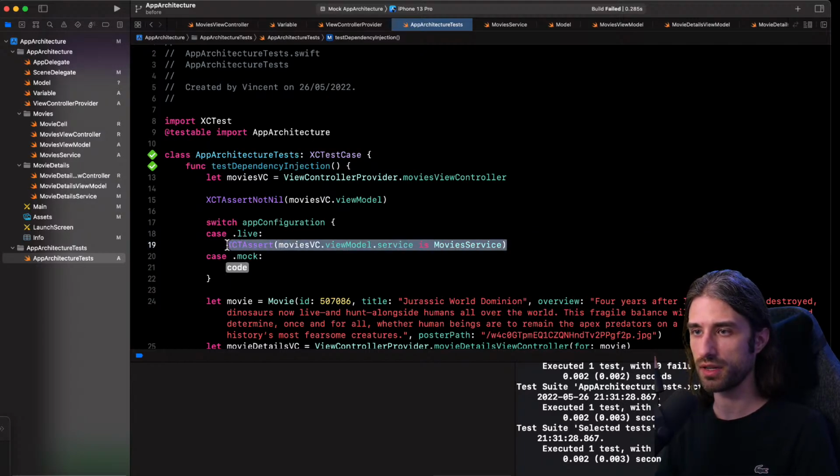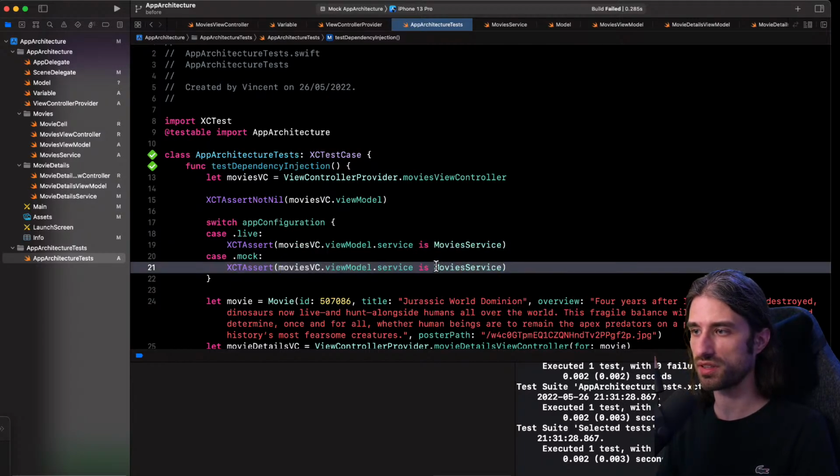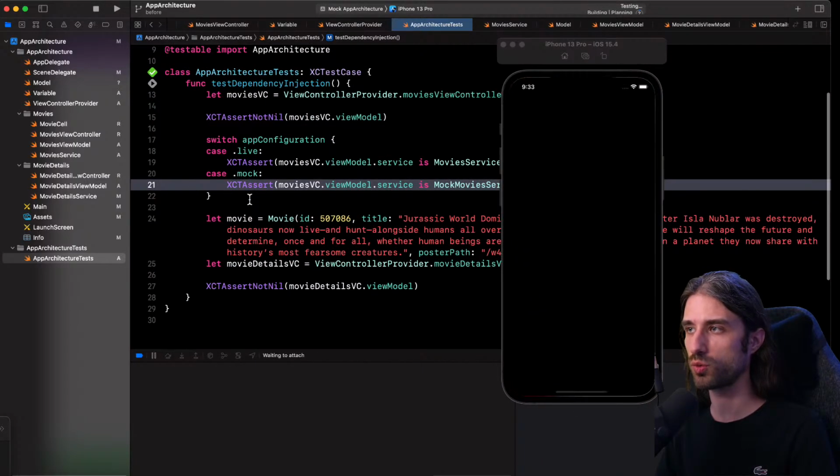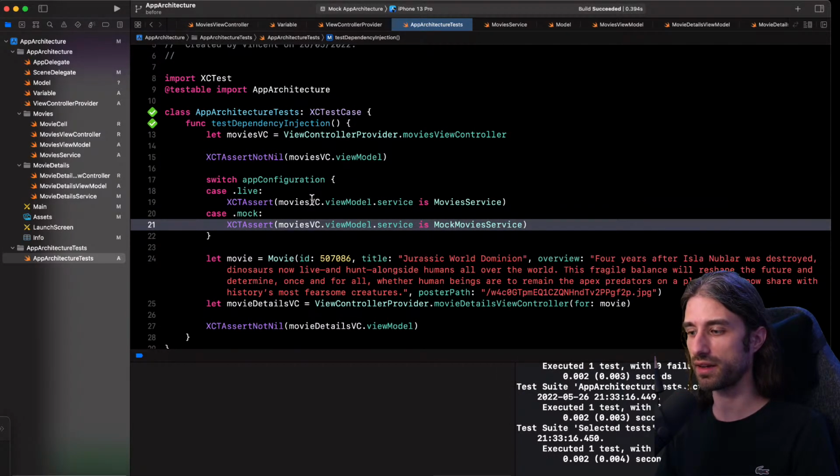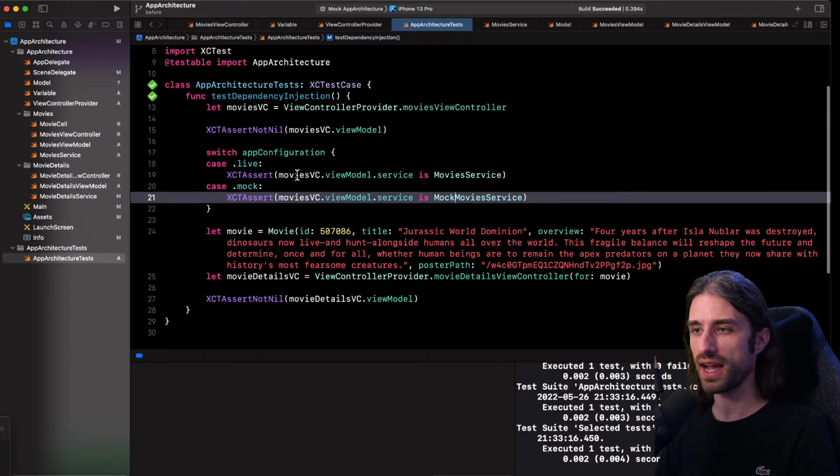And when I am in mock, I want to assert that it is of type mock movies service. This way, if I switch the cases by mistake, I will be able to catch it inside my test also. So that was pretty basic, but I just wanted to show you that a test is a good way to make sure that our dependency injection is working as expected.